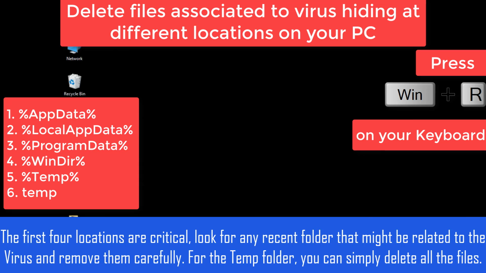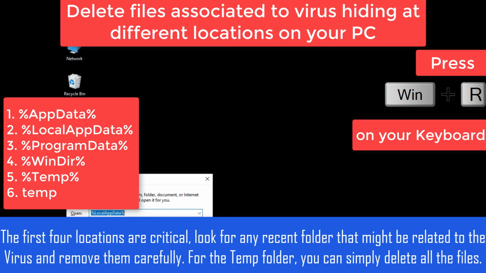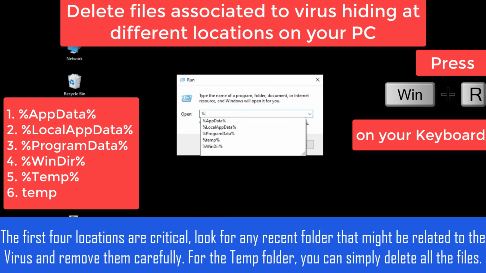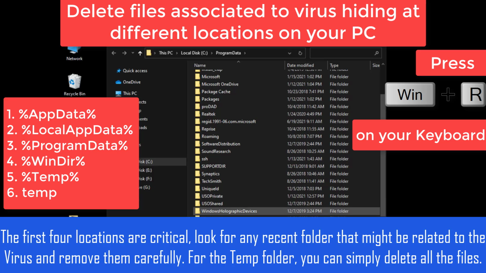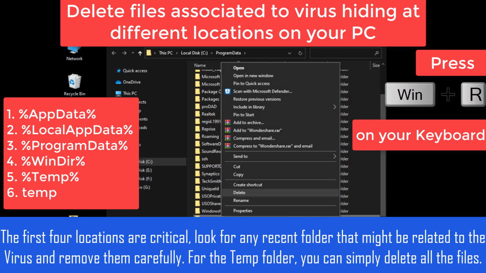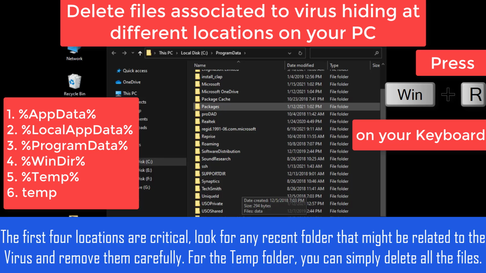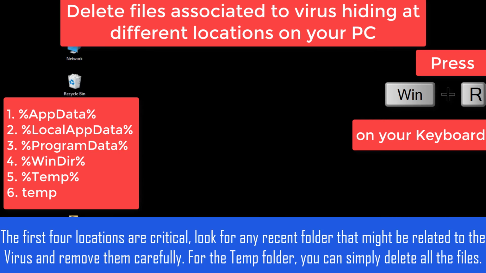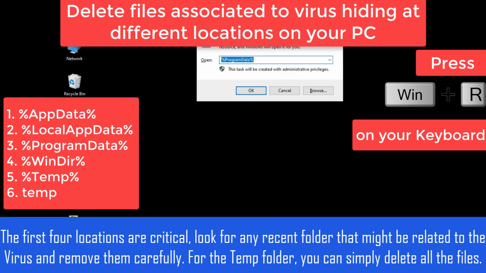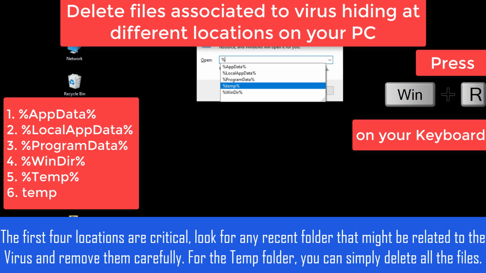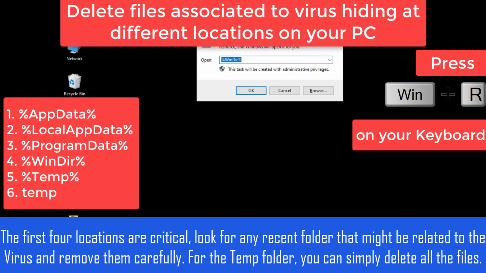But for the sake of this tutorial, I am going to perform all these steps right in front of you and find and delete all the files that are suspicious and malicious or related to this virus. As you can see, I am trying to find any suspicious or malicious files that are related to this virus. Keep one thing in mind: a virus may create folders in these paths with different names to hide its identity. So look for any files added recently at the time of your system infection and remove them.